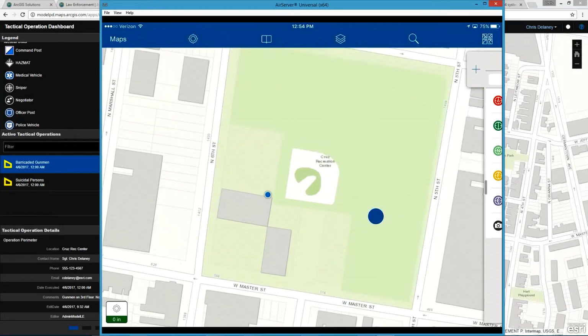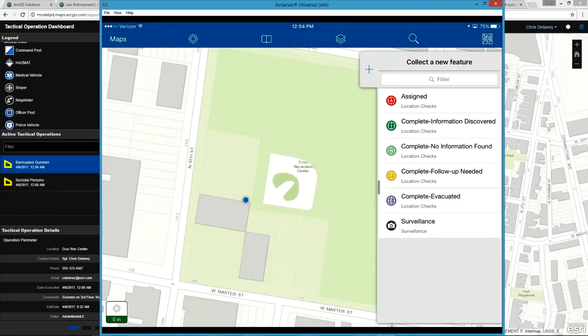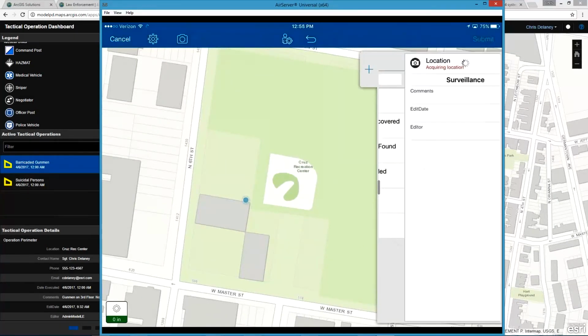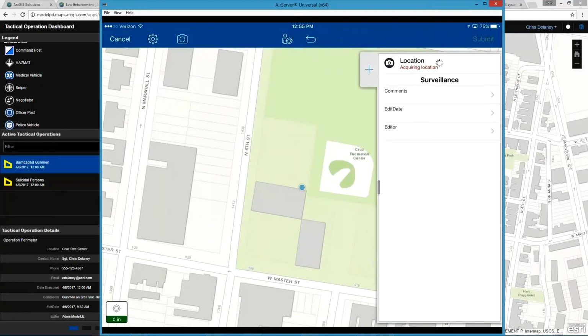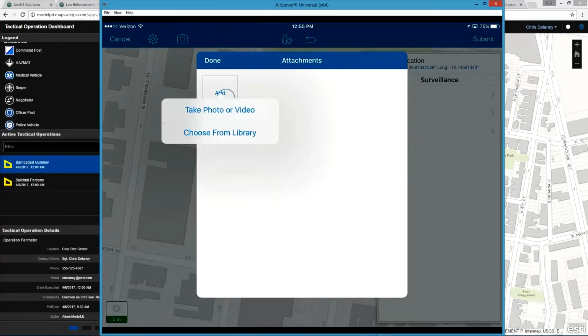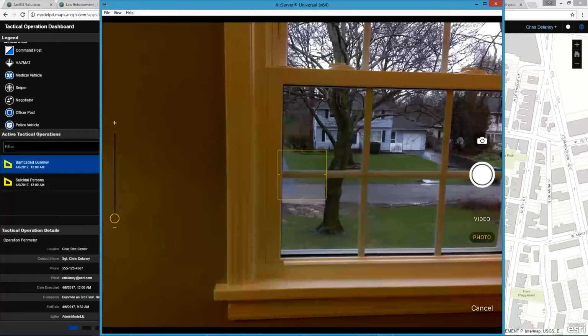And then I have some simple options on what I want to capture, whether I'm doing location checks or I want to capture some surveillance. So I'll just grab the surveillance icon and I'm going to select a location I want to capture, and maybe there's a potential entry window that I'm interested in potentially trying to capture. I can simply select that,